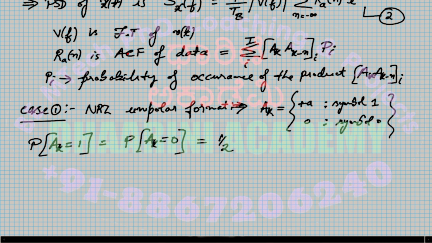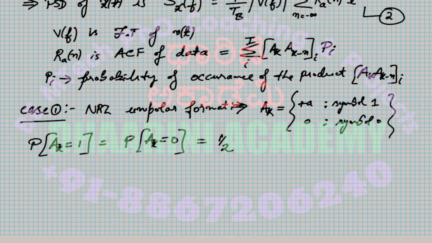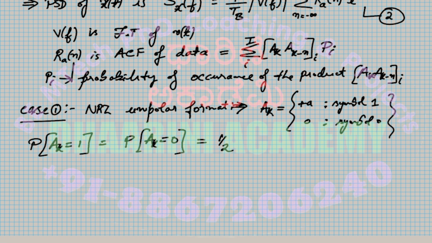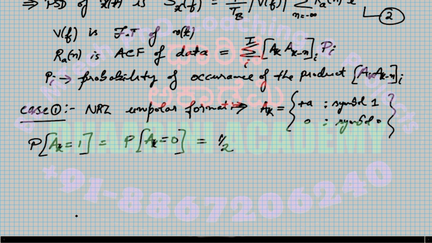So let's calculate. This is dependent on the n value. You can see that, right? This value depends on n. So let me put n equal to 0 and check what happens. Normally n comes first, so let me say n equal to 0. When n equal to 0, what happens now? You are calculating RA of 0, that is equal to summation,